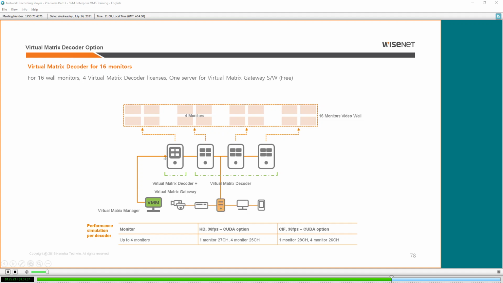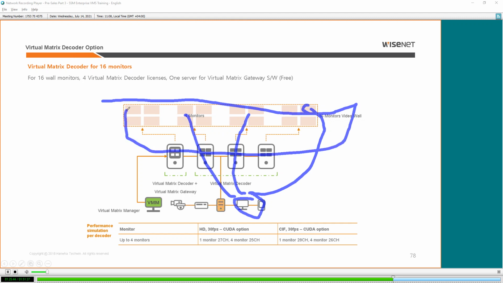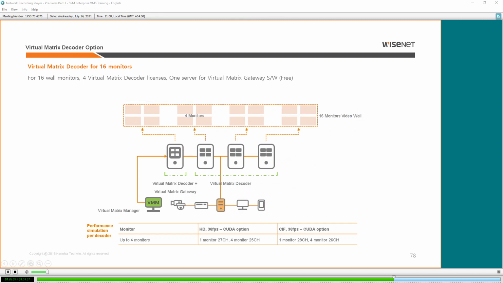I don't want to physically go to the PC and connect a keyboard and change, again connect a keyboard and change. I don't want to do any of that extra effort. If I want to sit remotely and control any monitor, maybe I will sit here and I can control what camera should go here, what layout will change here, or I can change the entire layout of all the monitors with one click. I can sequence all the monitors every 30 seconds, 10 seconds. If I want such a remote function for a group of monitors, basically video wall is managing monitors.